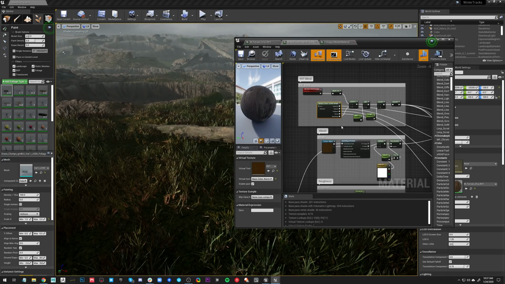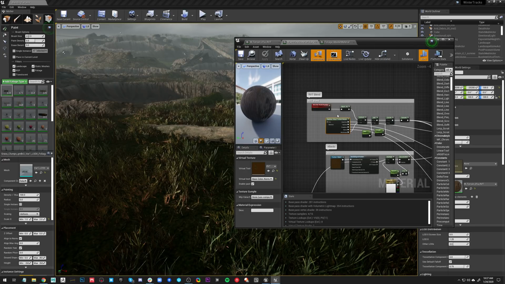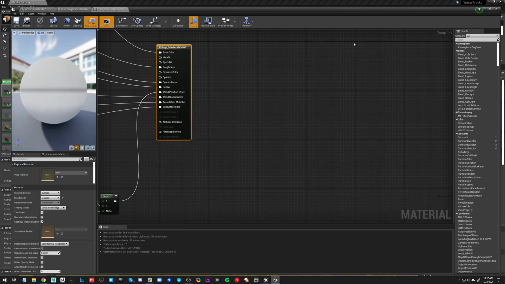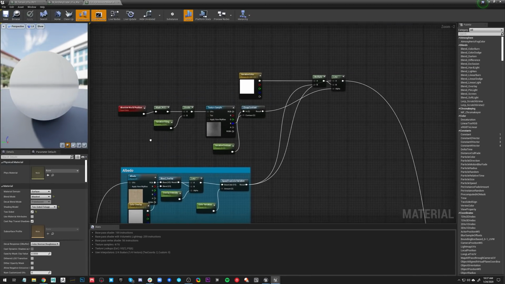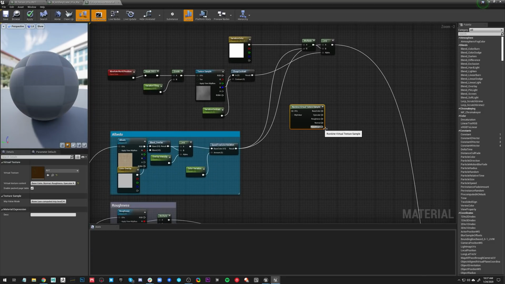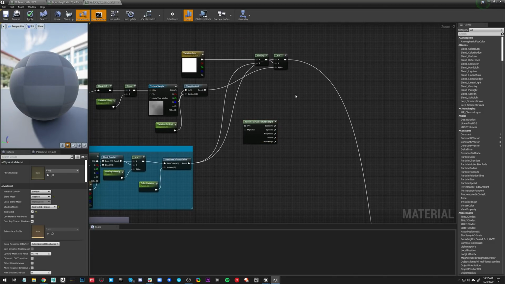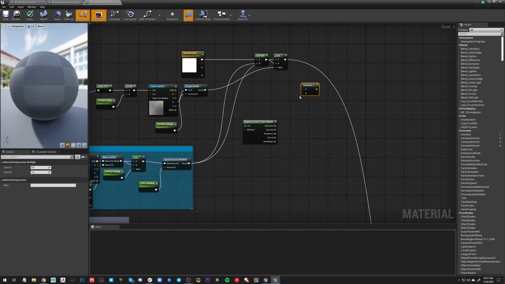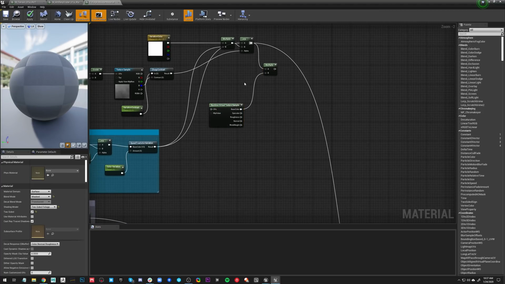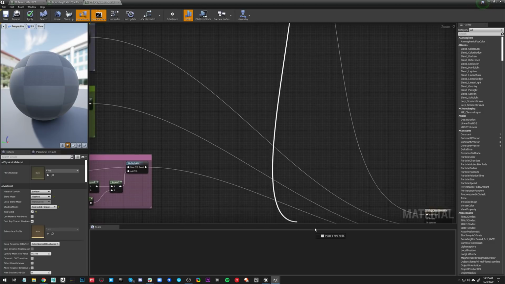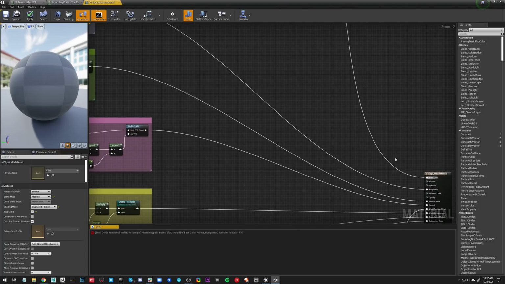Basically, imagine you have a camera at the very top of your level projecting straight down onto your terrain. The camera would sample the terrain's color, normal, displacement, world height and everything like that, and you would have access to it. You need to keep in mind that it is a projection. So if you tried to sample an RVT texture on something that had verticality to it, it will produce stretching. So you need to keep that in mind.